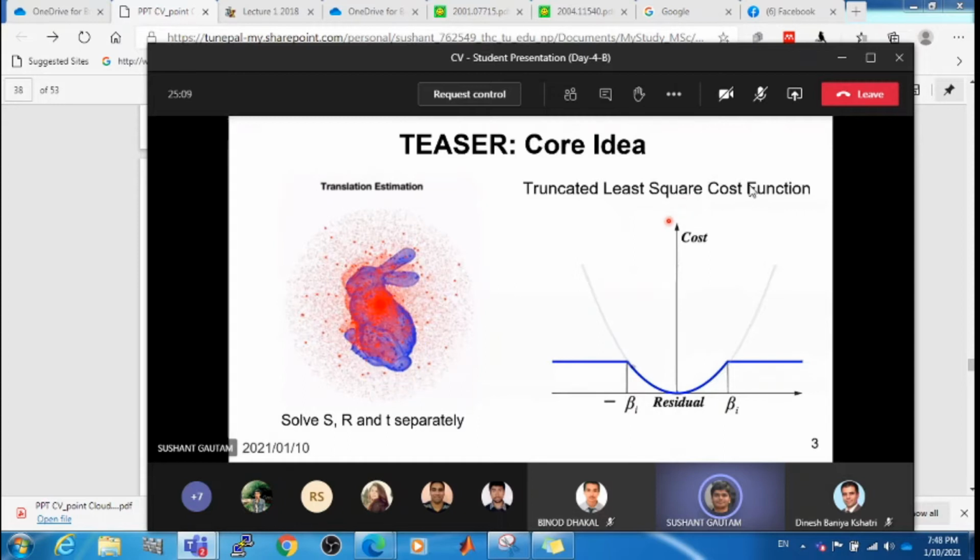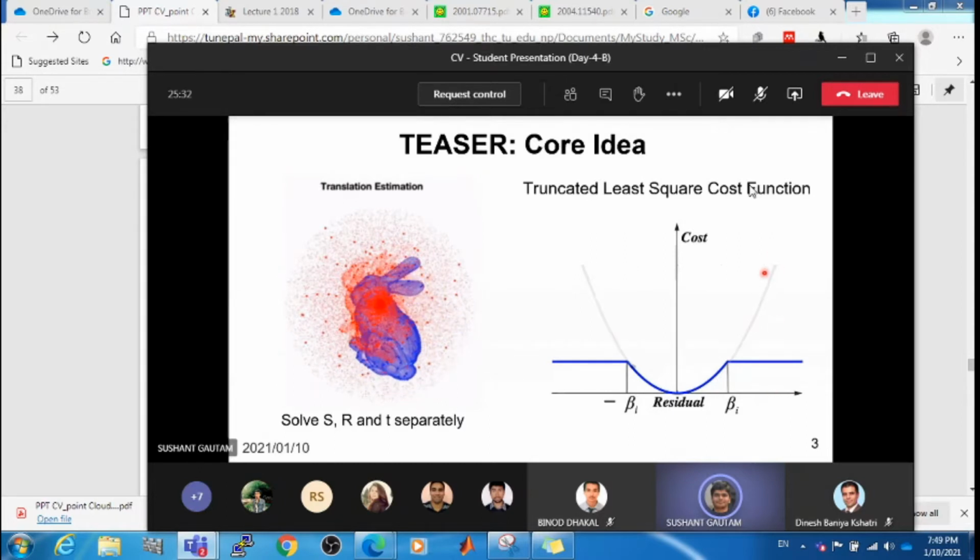If you remember robust least squares in RANSAC, focus on this image on the right. We have our normal least squares within this noise bound beta. Also, the normal least squares cost curve is shown faintly outside this bound for comparison. If there is some residual that is bigger than the bound beta, truncated least squares will give a fixed cost, right? So the obvious benefit is that for outlier or false correspondences, it won't generate a very large cost like in normal least squares.